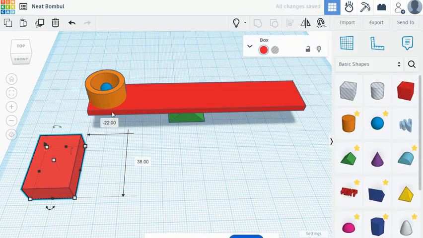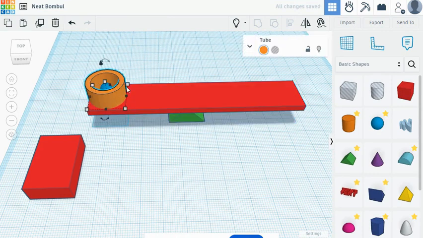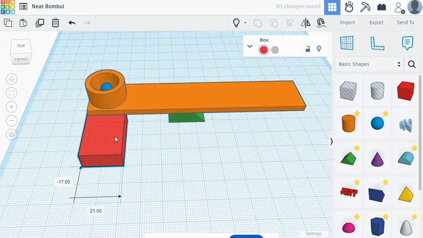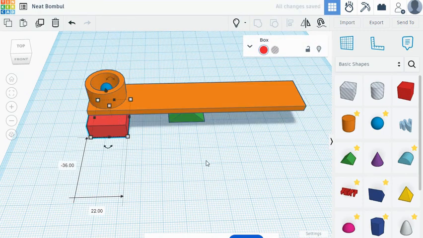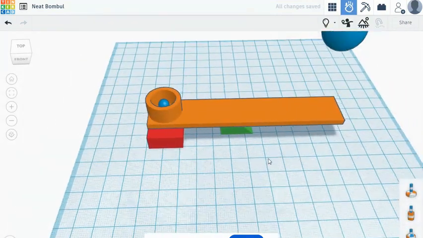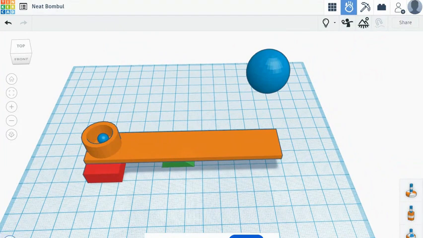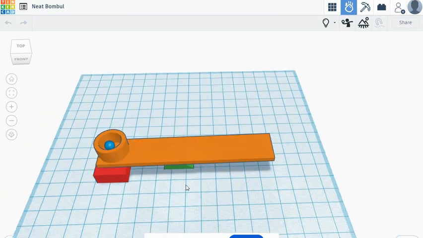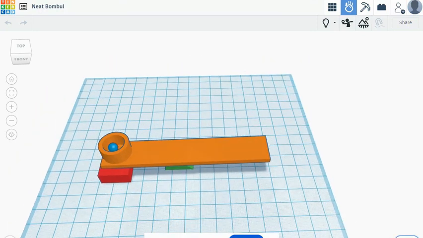So this thing I'm going to get out of the way, and I'm going to group this orange thing and the red one. I'm going to group those so that they become one solid object. Then I'll slide this back. And now let's see if it's any better. Back to the sim. And let's hit play. Boop. Okay, it's getting a little better, but I feel like there's just not enough strength to sort of launch